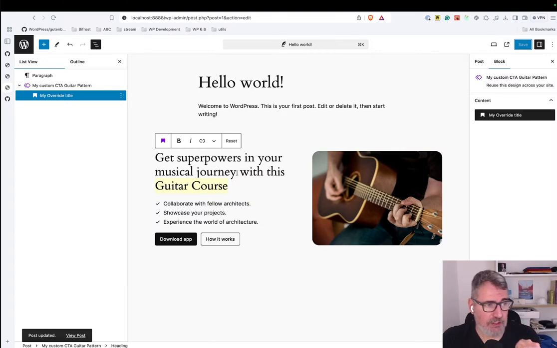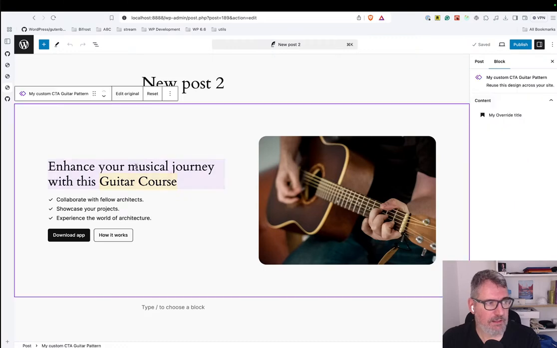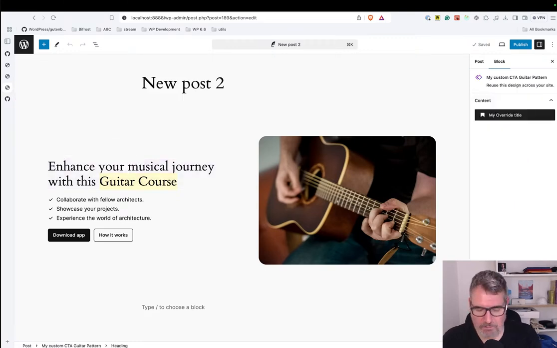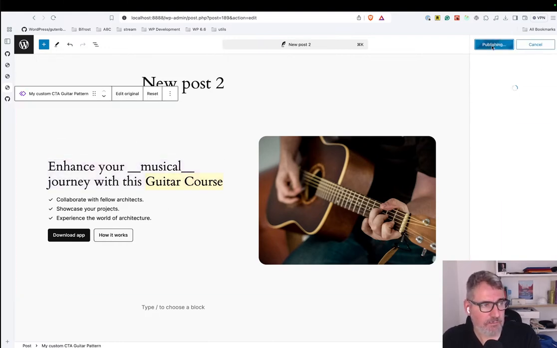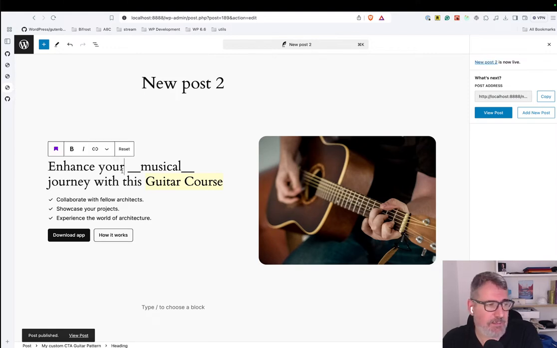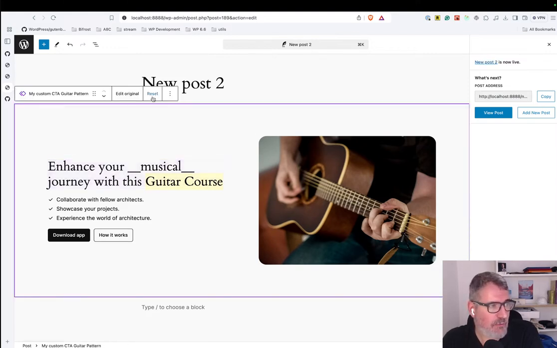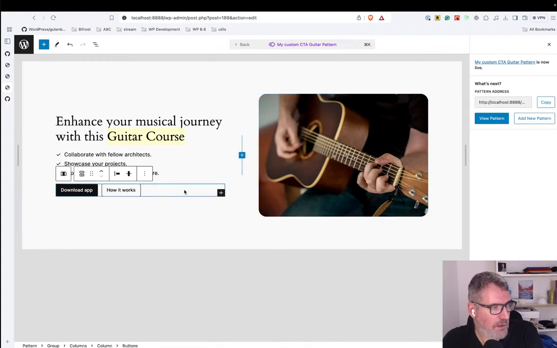So I have changed the title here, but in the other post, this part remains, and I can do here any other thing because this part is editable, but I cannot change the other part. So that means that these elements are going to be synchronized across all the instances of this synced pattern, but we can edit this specific part, which means that if we edit the original post, and we may want to,